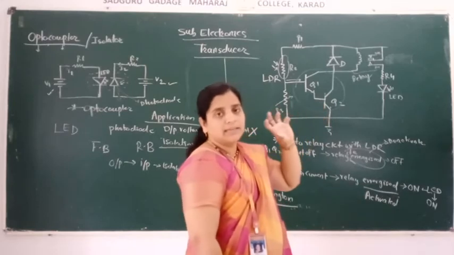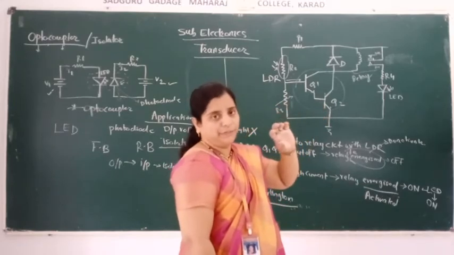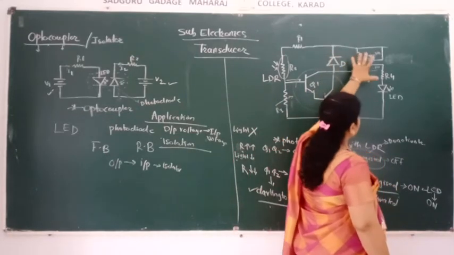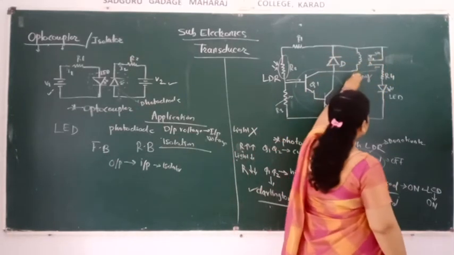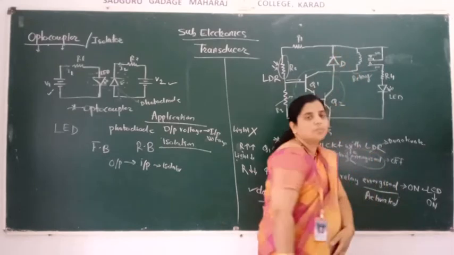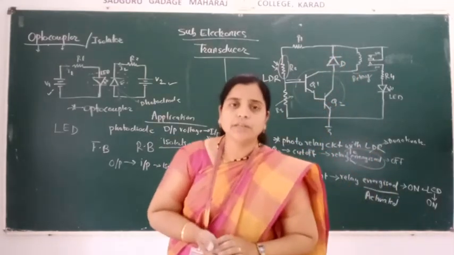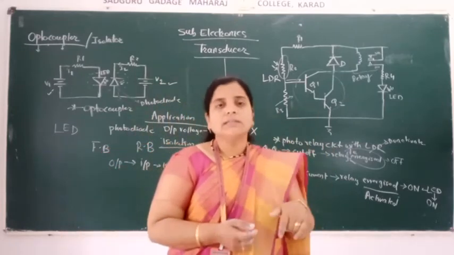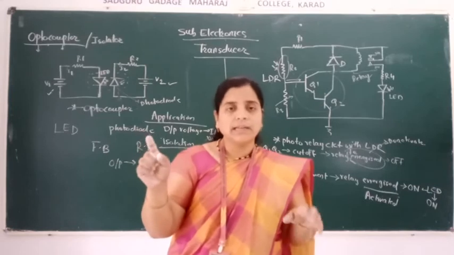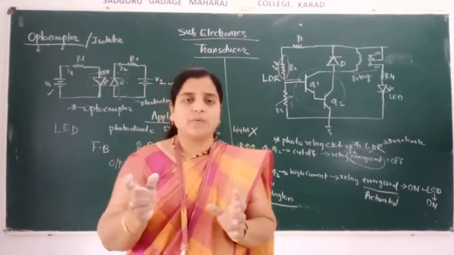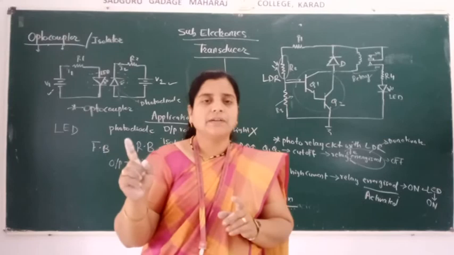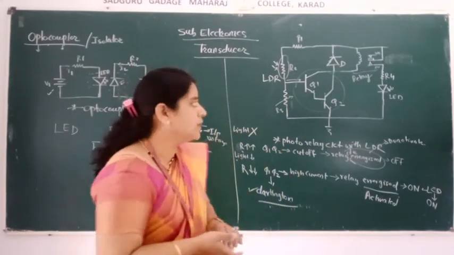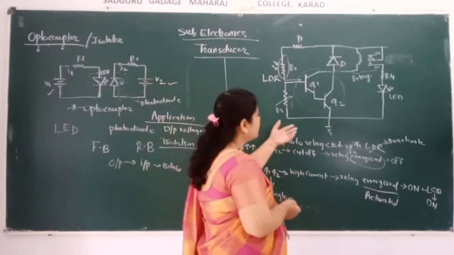In this Darlington connection, what happens? More current flows. If this diode is not used, it will damage the circuit. So it should not damage the circuit. Therefore, this diode is used to protect the circuit. If more current flows, the diode allows the current to flow through it. Then it goes to the relay as much as is required. That much current only the relay will take, and the remaining will flow through the diode. Okay, this is a very simple circuit.